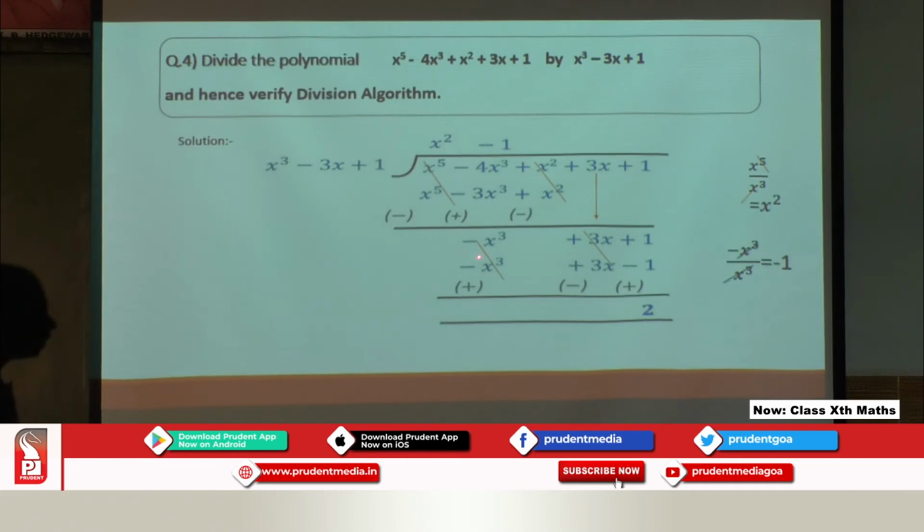So here this is minus x cube, again we should divide by the x cube. See, x cube cancelled, now here we got minus 1, and this minus 1 is the second term of the quotient. Now next step, again this second term of the quotient we should multiply by the entire term of the divisor, that is minus into plus is minus x cube 1 is x cube,